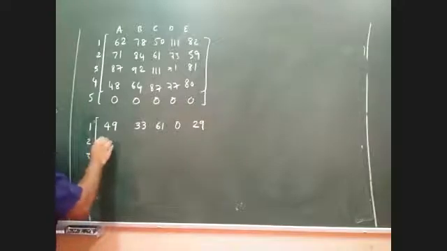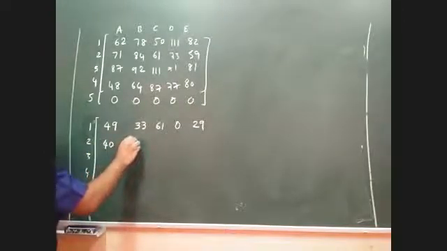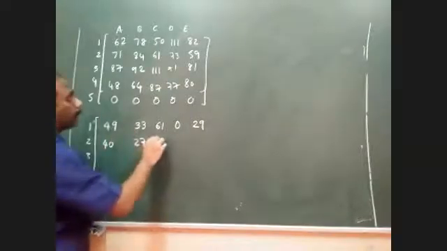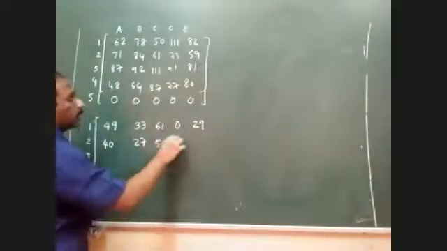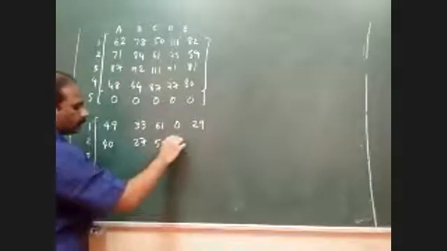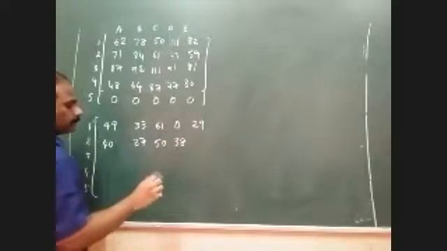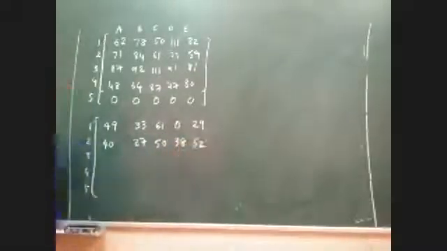Second row. 40. Okay, 27. Okay, 50. Okay, 38. Okay. 52. Very good. Third row,